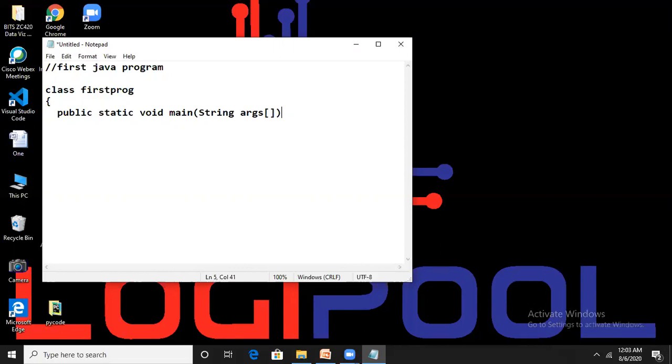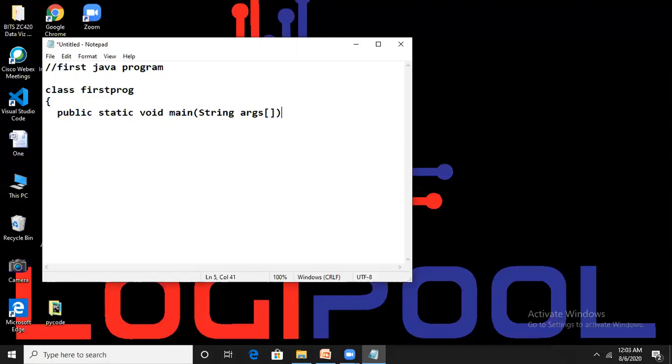The only thing you should remember for now is that the entry point is the main method and the syntax of the main method in the Java specification is public static void main. Definitely I will explain each and every word, public, static, void and main.